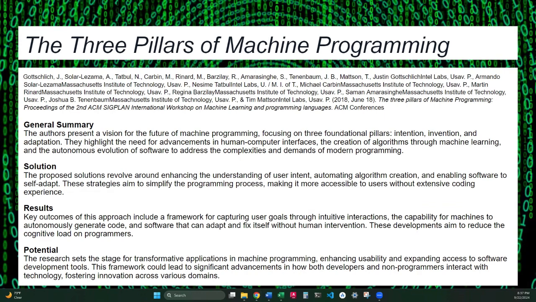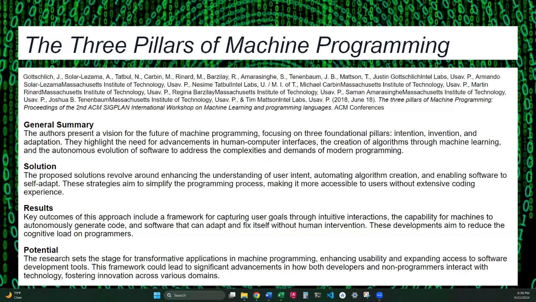The authors suggest 3 main ways to make programming better and more efficient. 1, understanding user intent. They plan to create tools that allow people to express their needs simply, like understanding everyday language or gestures, so they don't need to be experts in coding. 2, automating code creation.